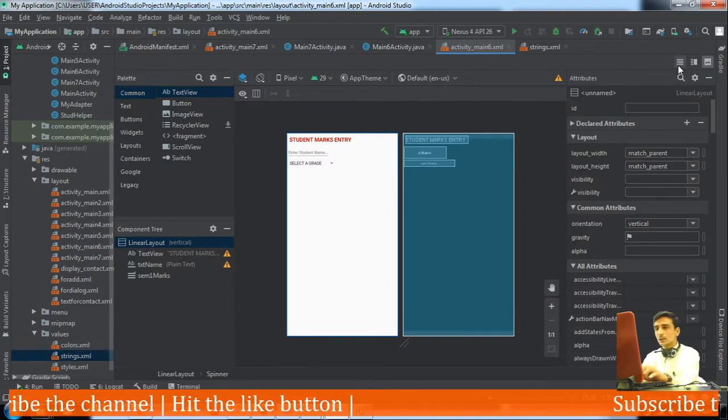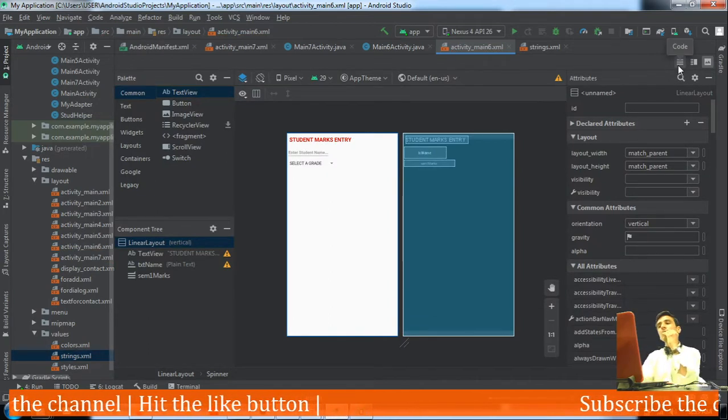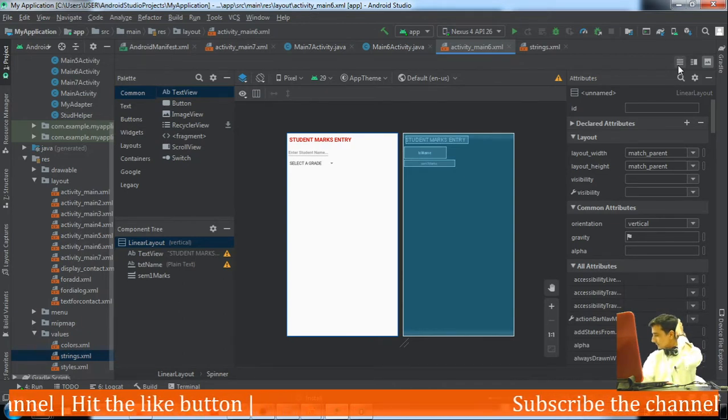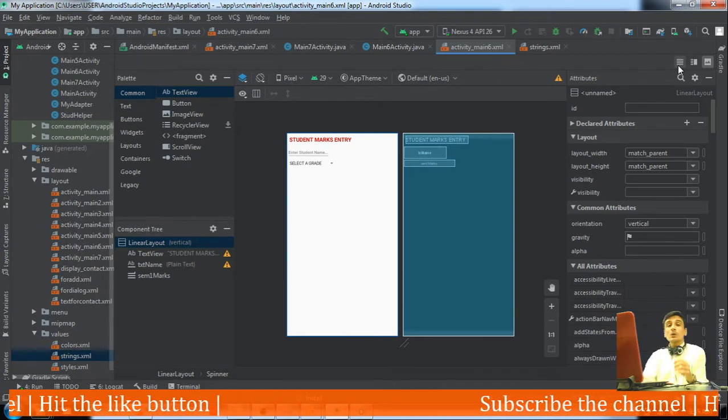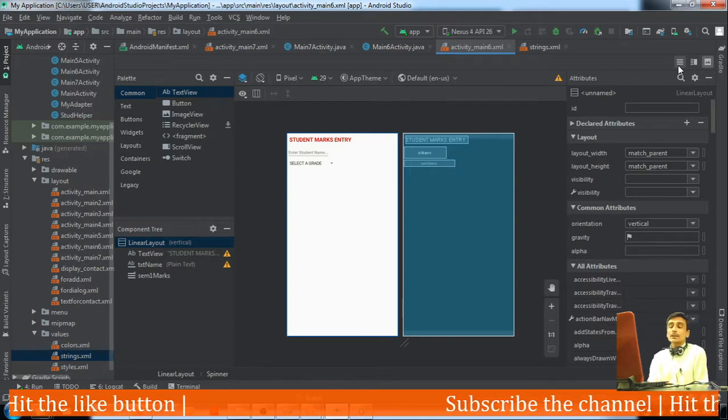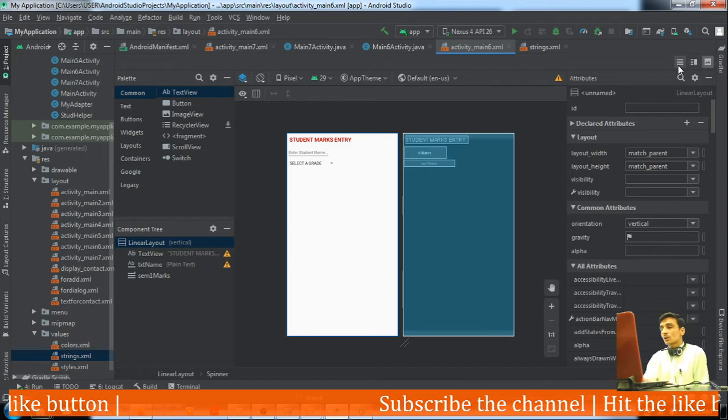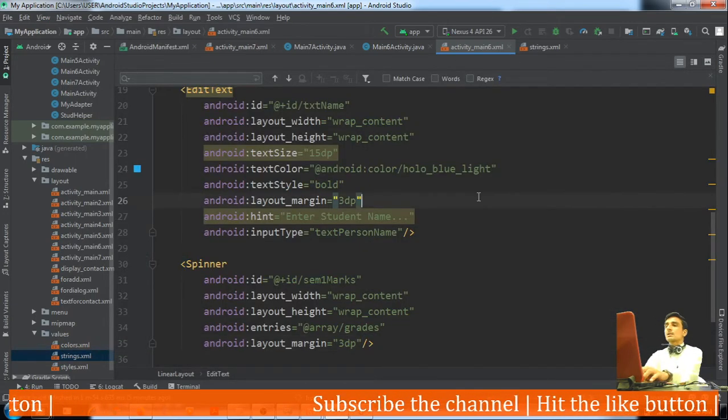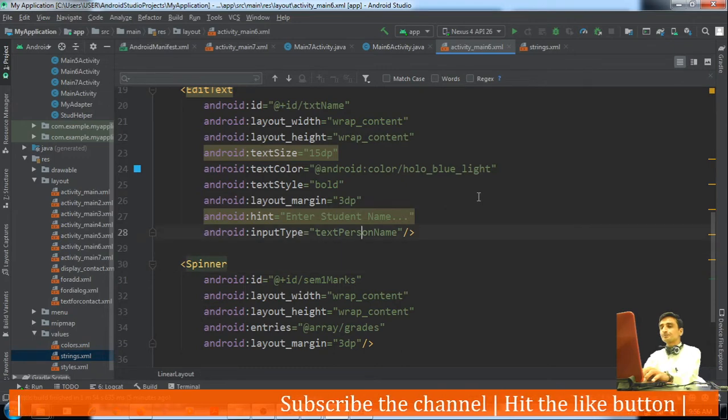Select a grade. But how can he get an idea that he has to select SEM1 grade or SEM2 grade? We should also give some notification there. So let's do one thing here.